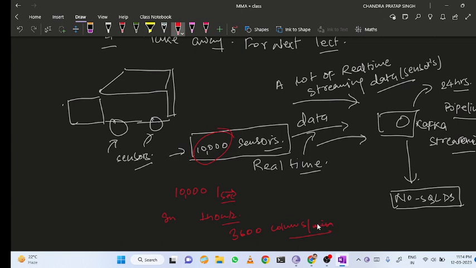Sorry, not columns, it will be rows. So 3,600 rows per hour. 60 into 60 simply. So those columns will be generated